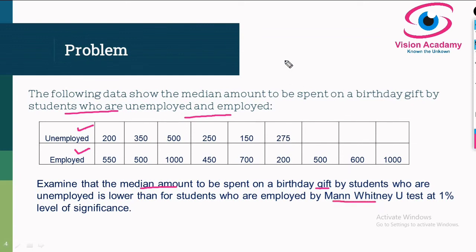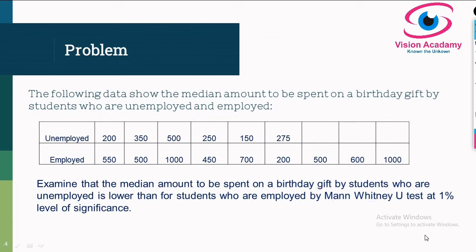Otherwise, we would have to think about which kind of statistic to apply. Since both data sets are independent, we could go for a two-sample t-test. But here the data relating to the gift is ordinal, and ordinal data can't be used in a t-test. Also, we don't know that the data is normally distributed, and the population is unknown. In this case, the Mann-Whitney U-test is very suitable. So at the 1% level of significance, we have to test this.